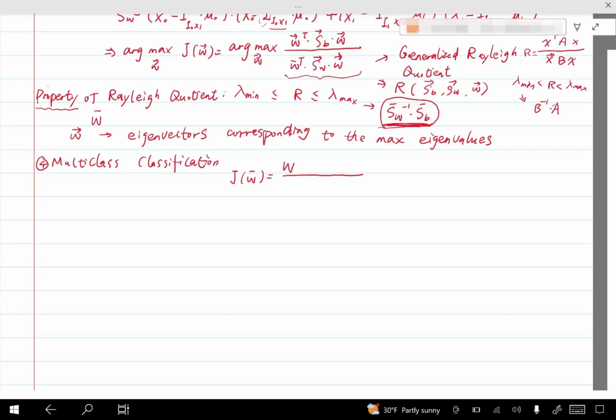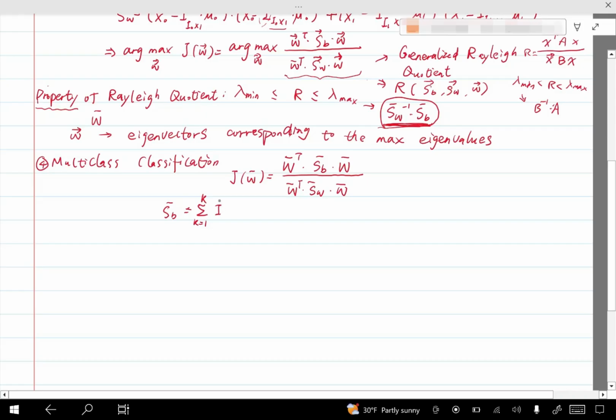So instead of a W vector, we have W bar. We still have SB and SW, but now SB and SW will be slightly different in the multiple classification condition. SB bar will be calculated using this. I_k, again, there's no vector or bar sign above it. That means it's the number of samples in the kth category,